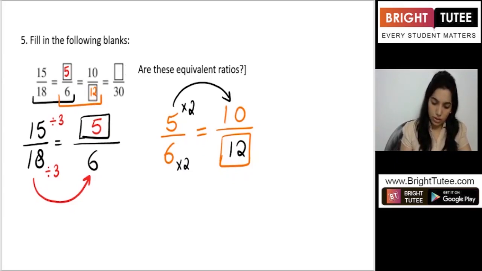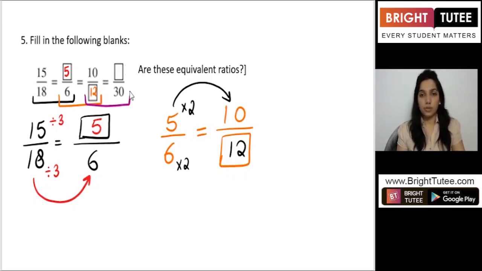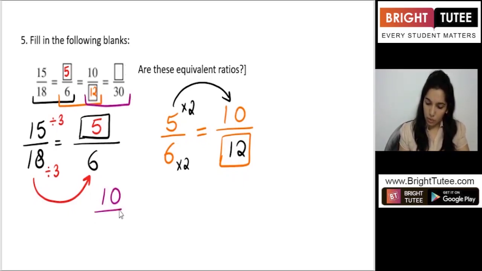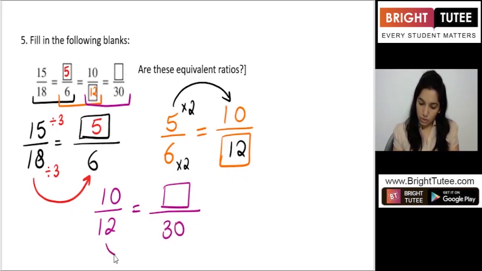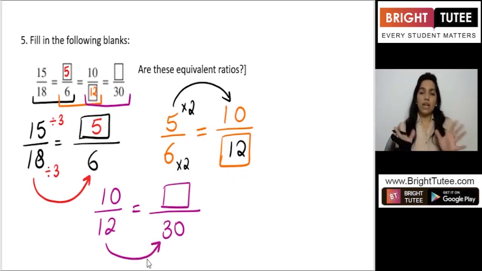Now let us use the next number here. Let us use these two fractions. So here it is 10 over 12, and here it is something which we don't know, we need to find, over 30. So clearly what you need to do, you need to go from 12 to 30. So what I think, I have got no idea how can I go from 12 to 30, because I don't have 30 in my 12 times table. Is that right? So what I'll do, instead of choosing 10 and 12, I will choose another number, however choosing